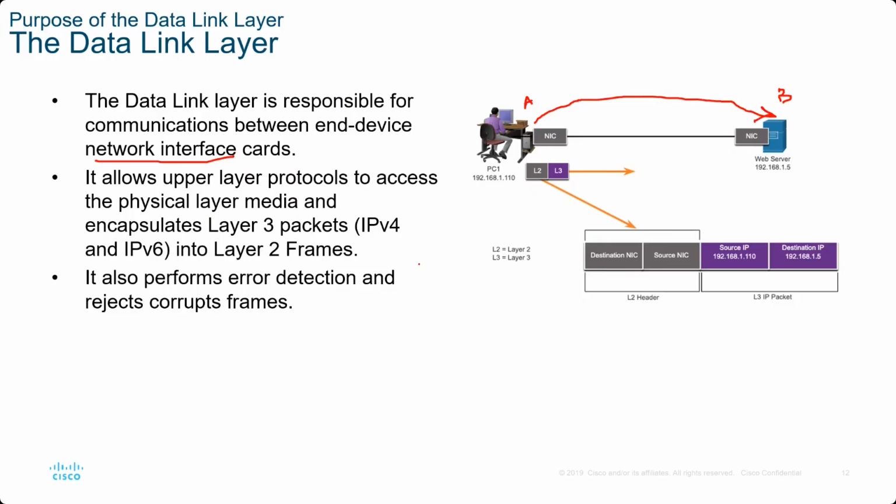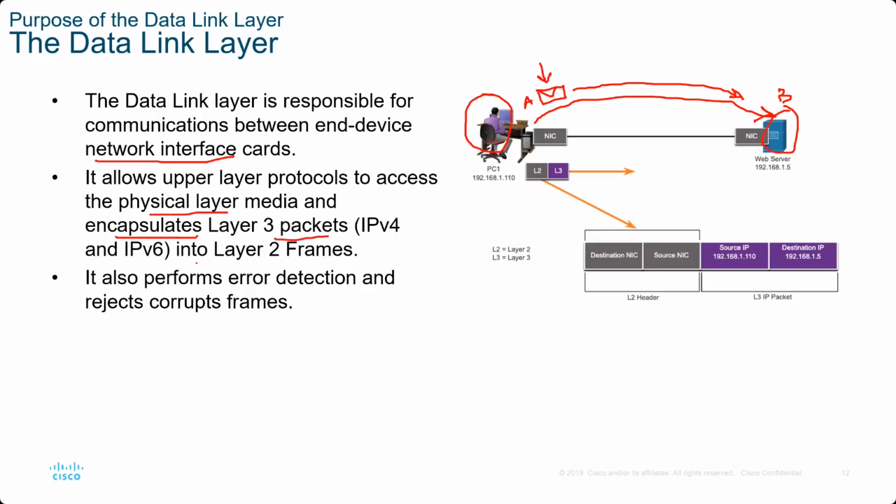And above the physical layer, you have this data link layer, which is responsible for sending that message using this physical connectivity that you have from here to here. Okay, so now there must be something in this message that can identify this computer and this computer at the data link layer. That is one responsibility of the data link layer. Another responsibility is that it should allow upper layer protocols to access the physical layer media